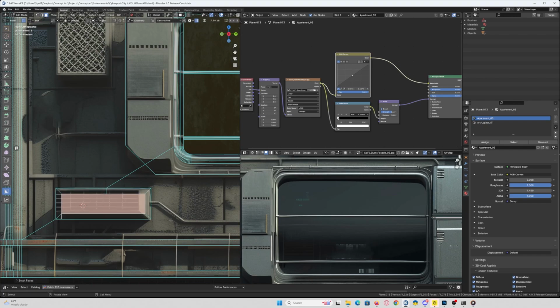We'll inset that, and then I'm gonna run a knife cut. We can just slide that edge right here. Try to line it up in the middle roughly, and then we'll just run a knife cut through this. And then